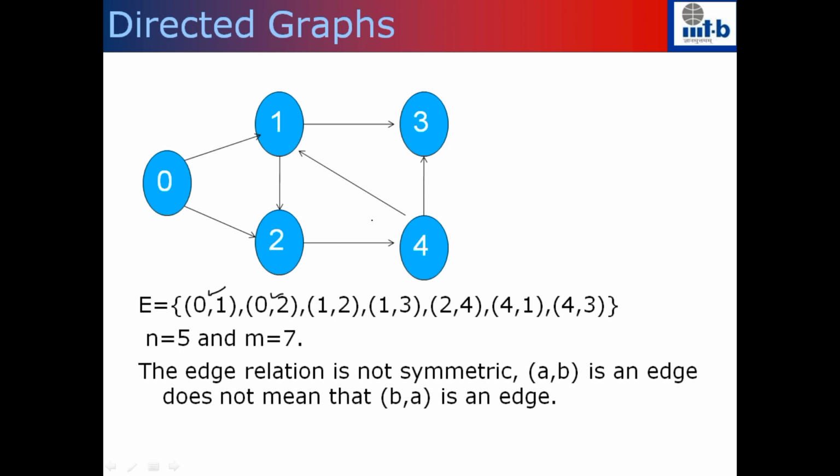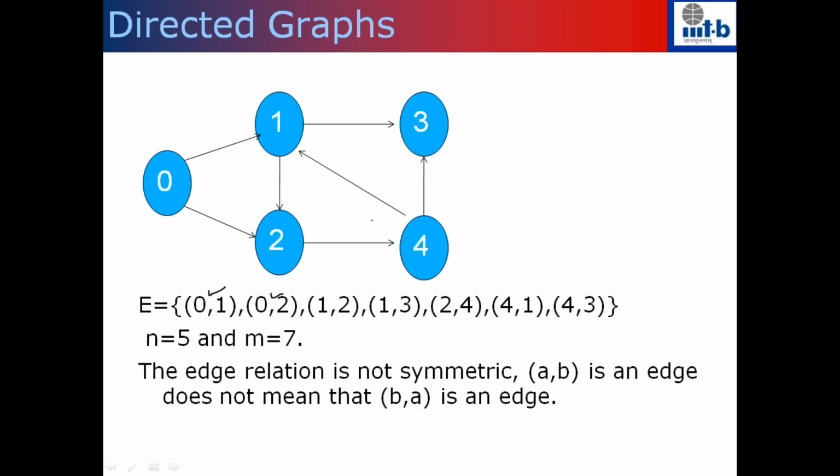There are two types of graphs that we will see. One is called directed graphs and the other is called undirected graphs. The graph that you are seeing here is a directed graph. In other words, the direction of the arrow that we have written here matters. So when A is connected to B, that does not mean that (B, A) is also an edge. That means the relationship that we have is not symmetric. (A, B) being an edge does not imply that (B, A) is also an edge.